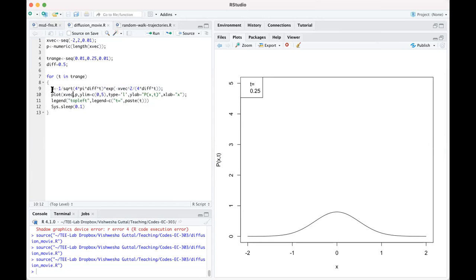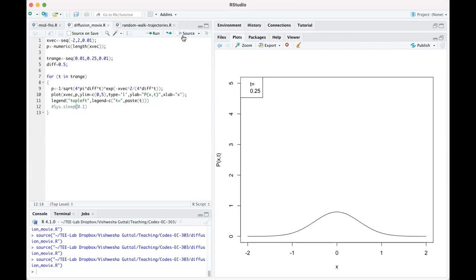The only interesting thing is that P depends on T, and there is a for loop in T. So as this for loop is running in T, P is changing, and I am plotting X versus P, which is changing over time. But here is the tricky part about R. Imagine I comment out this thing, something called Sys.sleep 0.0. I've given some value there. If I don't do this,